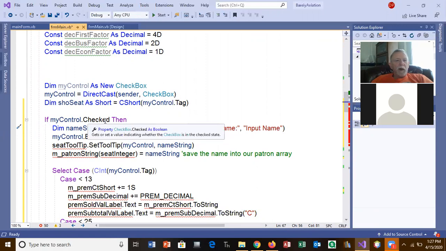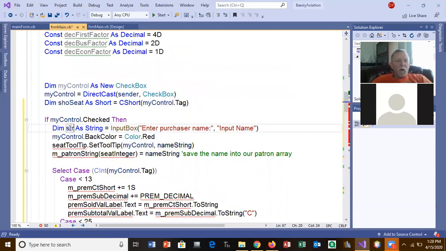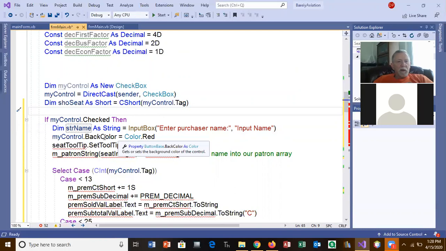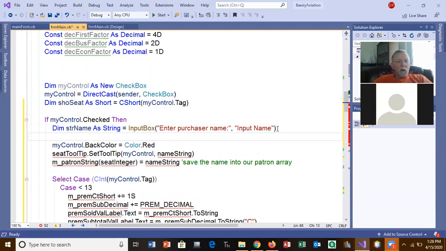And I think, let's see, my control name string I'm going to change, again this is a conform, because in this one we're using Hungarian. So I'm going to change that string name here. And then right here, we're also going to do